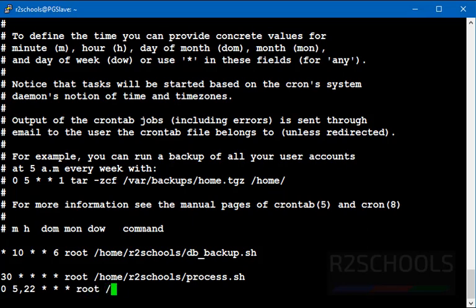Then the username, then we provide the script file or bash file or anything to be executed. The file name is file transfer.sh. So every day at 5 a.m. and 10 p.m. this script will be executed.